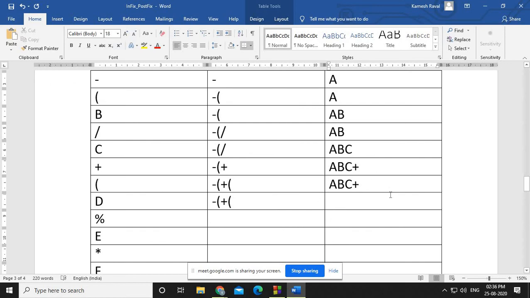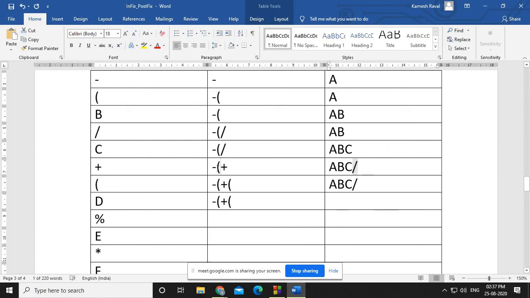Just ABC. Yes, here just ABC is there. ABC, then the division sign is there, right? Because the thing is, see, this plus wants to go into the stack, right? But what is there in the stack? On the top of the stack we have a division sign. Division has a higher priority, so on the higher priority we cannot put a lower priority operator, so this will be popped out, so that will be inserted here.